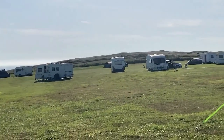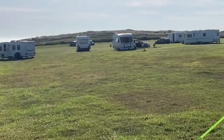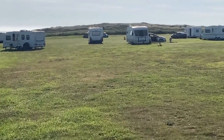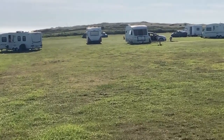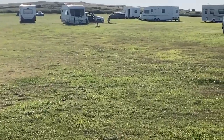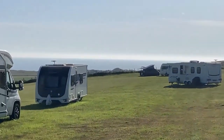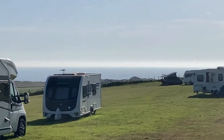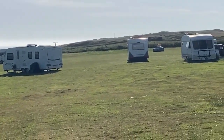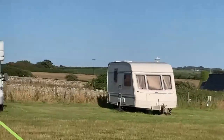There are quite a few seasonals and stored caravans here. You can tell that just by looking at the grass around some of these. But again, not really a big issue. Plenty of space. So overall, you know, you're here for this, aren't you? You're here for the view. Another maybe slight bit of an issue. We did put the awning up